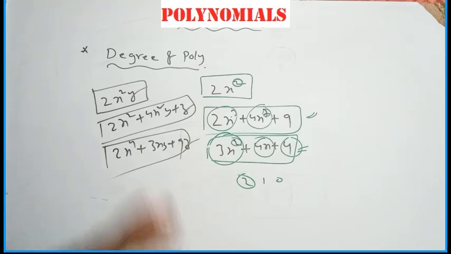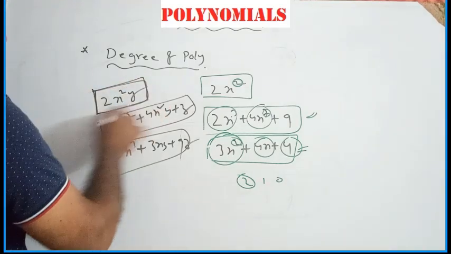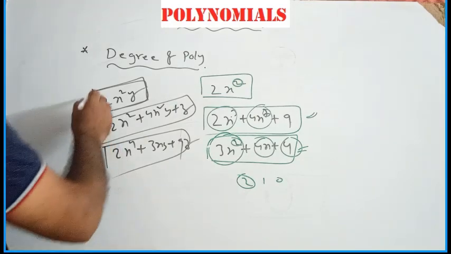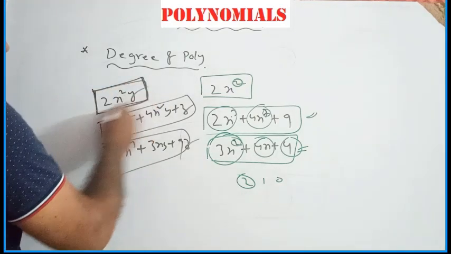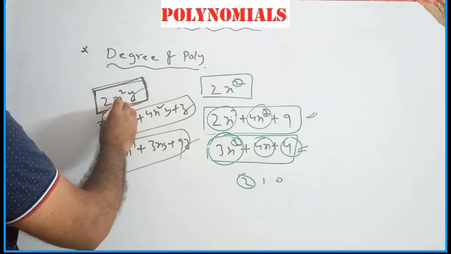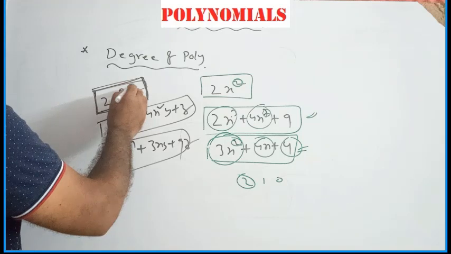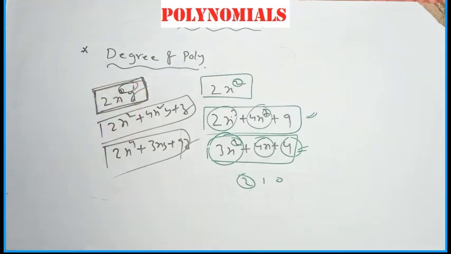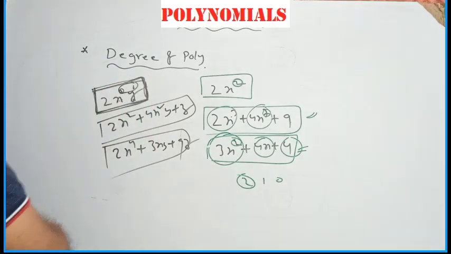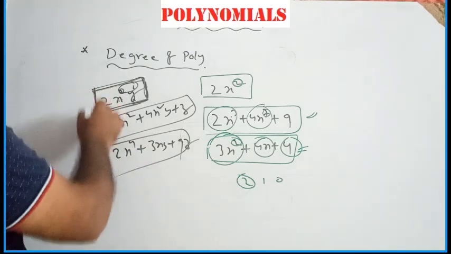This is a polynomial containing one term, so I can call it a monomial. First of all we need to find the degree of this monomial. This monomial contains two variables x and y. The degree of x is 2, the degree of y is 1, and their summation is taken as the degree of that monomial, meaning 2 plus 1, 3. So 3 is said to be the degree of this polynomial. Every polynomial is an algebraic expression, that's why I can call this a monomial also.